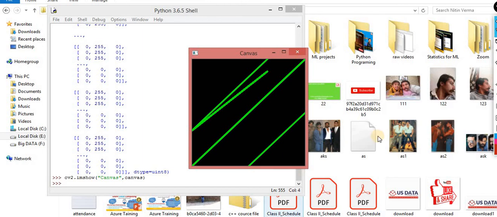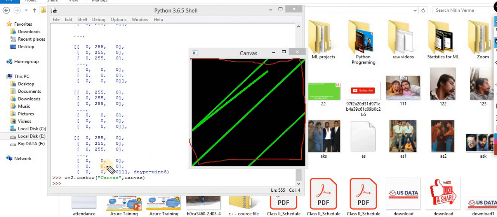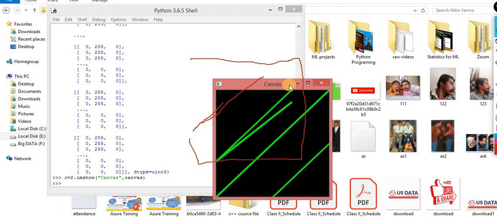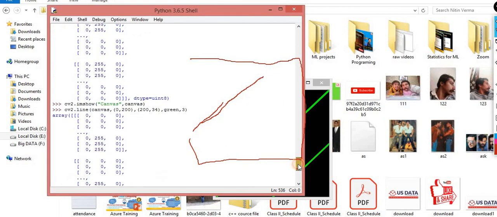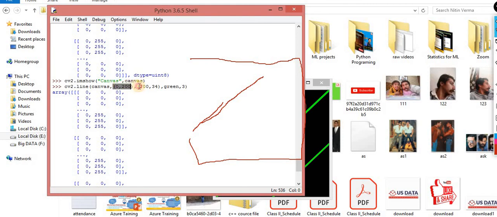So what I did, understand this point. Why are the lines coming again? Because I am drawing n number of lines over here. What is happening? I make a canvas, and with the help of this line method, I draw a line. I draw the pixels from where to where I have to go. Again the first one is for rows, and the second one is for columns. This one is the left corner, the left corner of the image.